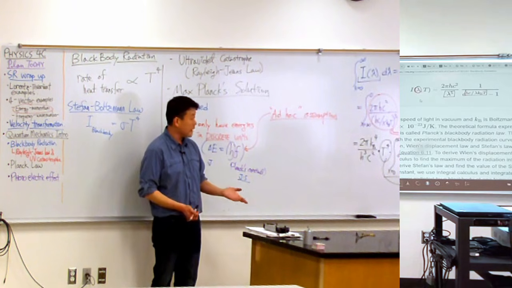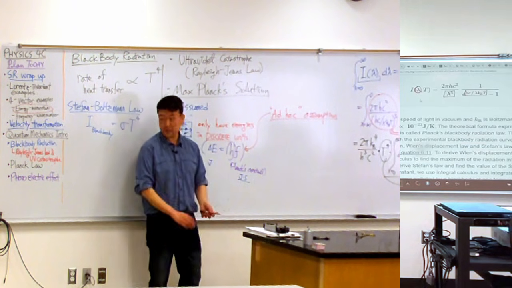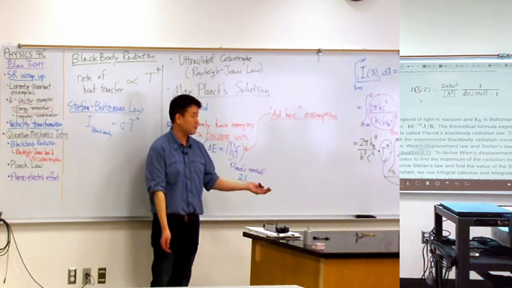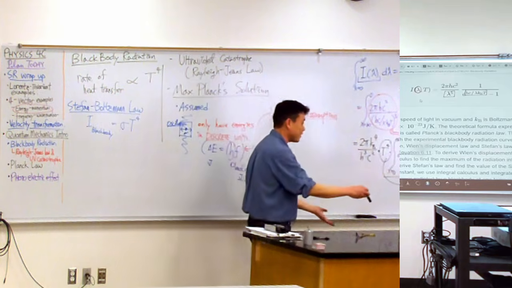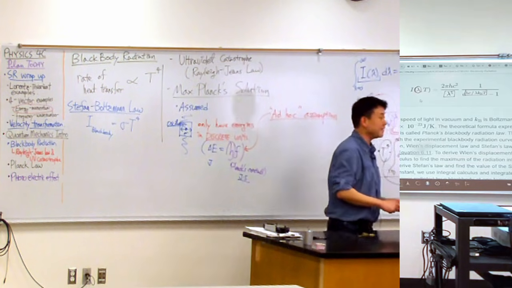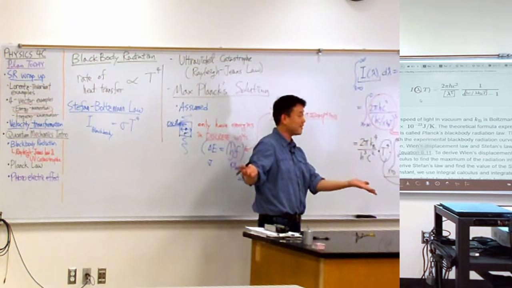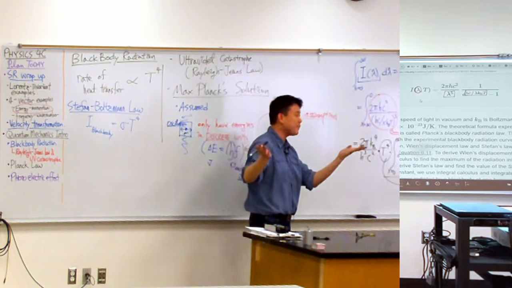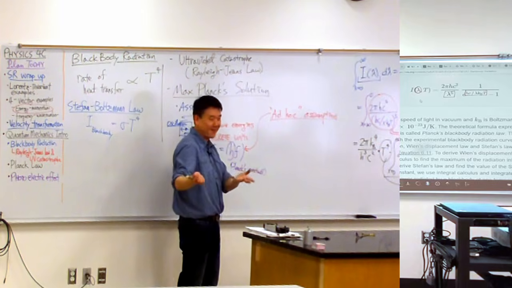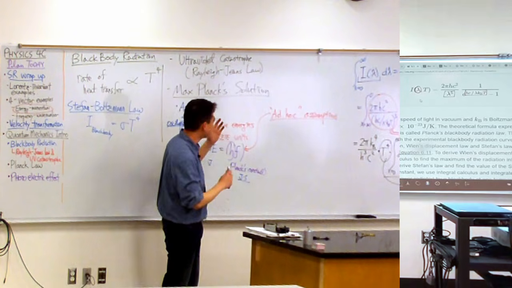And Einstein's Nobel Prize is actually based on his explanation of this. He didn't get the Nobel Prize for special relativity because I guess special relativity was too theoretical. And if you want to get the Nobel Prize, you want to do something useful with it. That's why mathematicians don't get the Nobel Prize. Well, they usually get the Nobel Prize for economics. Or they get the Fields Medal. They have their own prize.